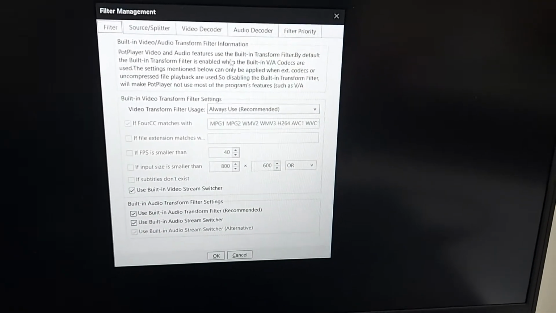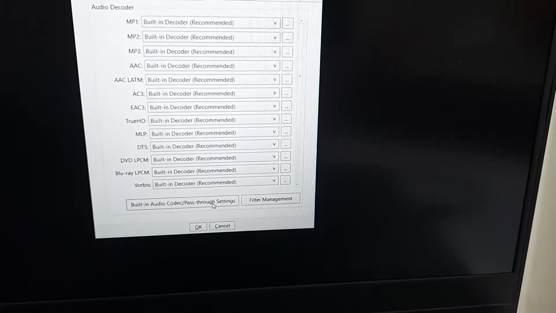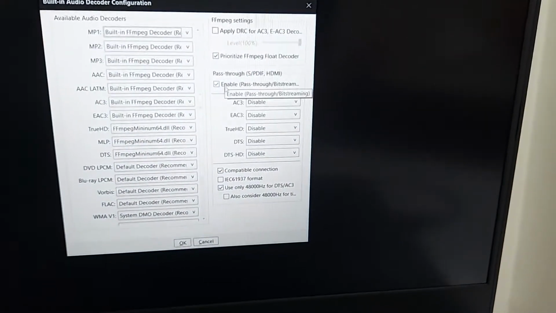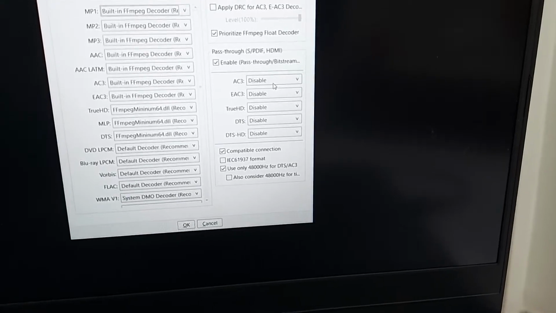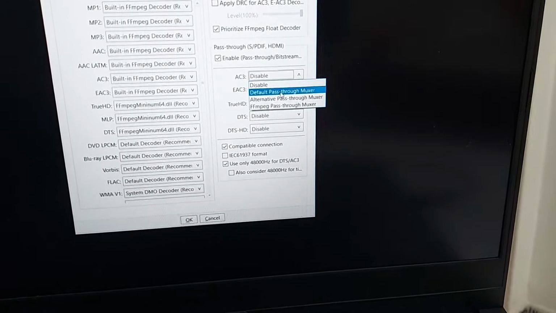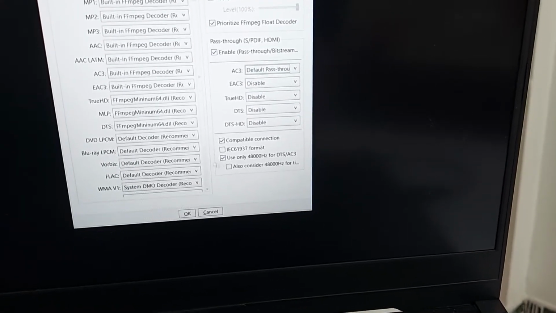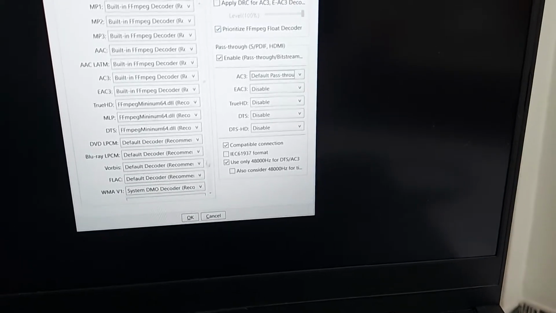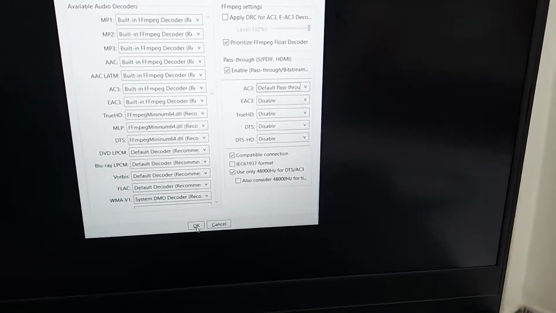Go to audio decoder, go to built-in pass-through settings, and enable pass-through bitstream. Enable bitstream and give AC3 as the default pass-through master. That's it. Give OK. No other changes needed. Okay, okay, okay.